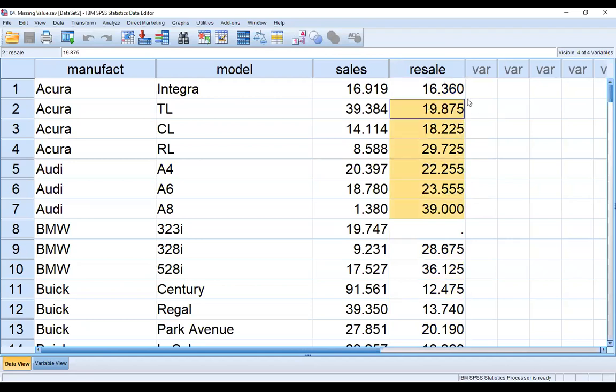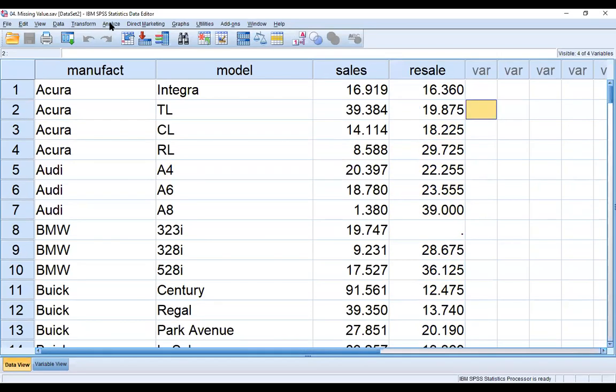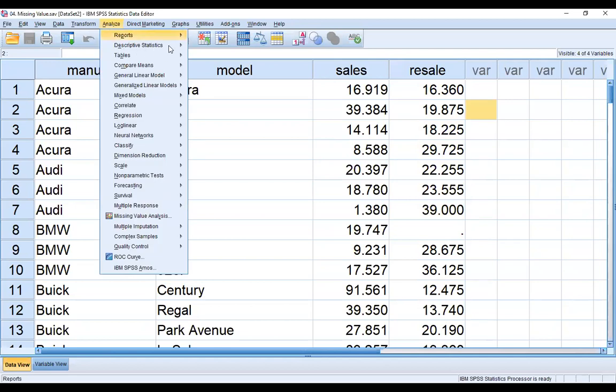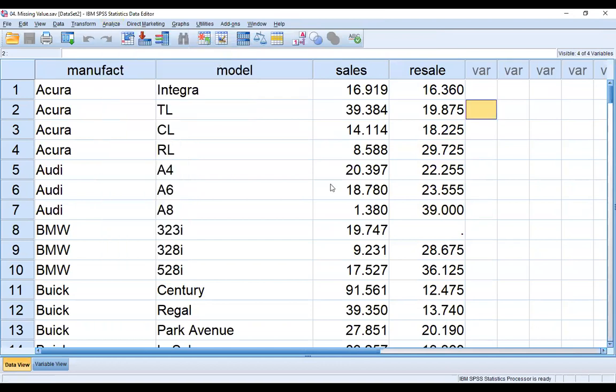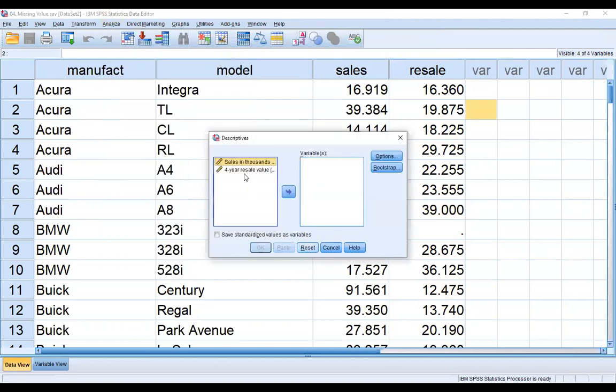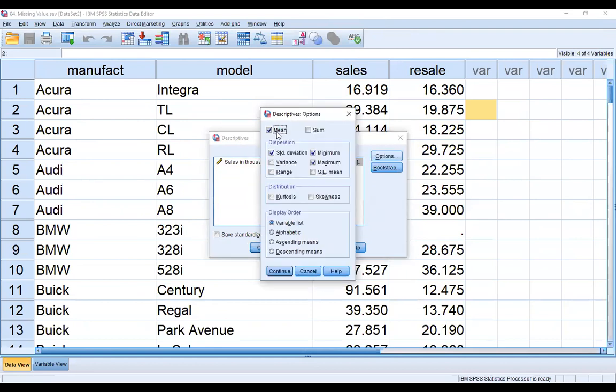So how to take the mean value? There are many methods: analyze, descriptive statistics, and descriptives. Then I take the 4-year resale. I'm taking the mean value of the resale value, and then options. By default the mean is selected. Untick standard deviation, and minimum and maximum because I need only the mean value, and then continue.